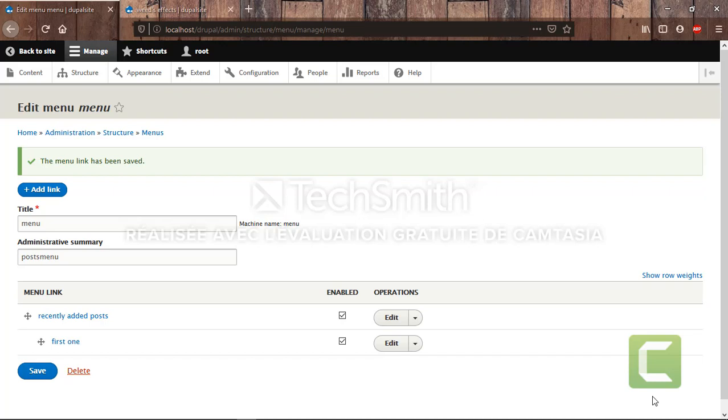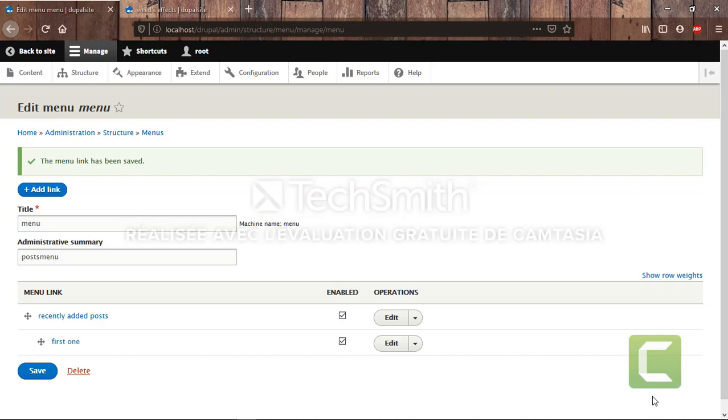So after we created our menu with the parent link and the child link, the menu isn't going to be shown on the front page of the site automatically. We have to add this menu to our page, and it is going to be added as a block, and that is the use of a block.